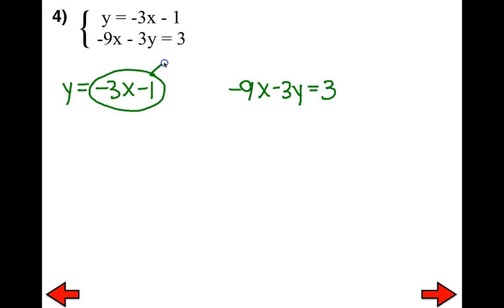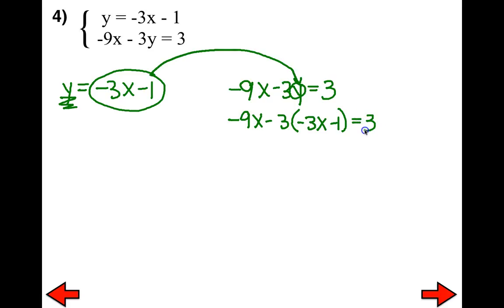I'm going to go ahead and take this expression and substitute it in for y. How come I substitute it in for y? Because here it says y equals. So now I'm going to have negative 9x minus 3 times the quantity, negative 3x minus 1, and it's supposed to equal 3. At this point in time, I would have to go ahead and distribute. So this is plus 9x